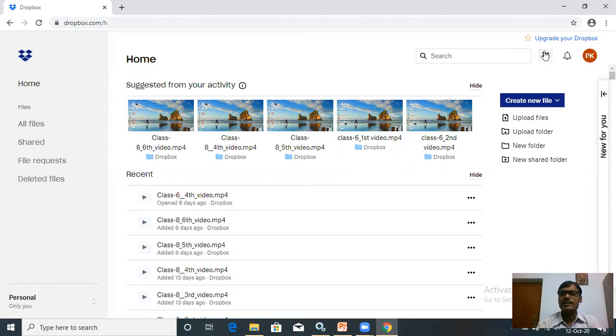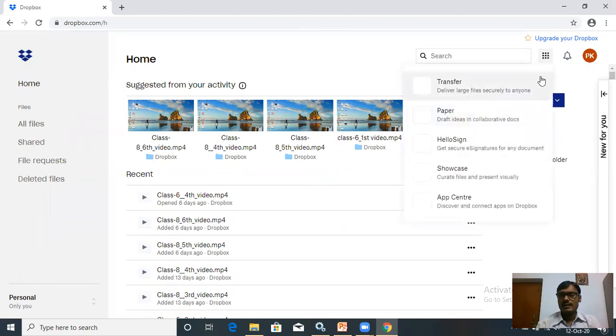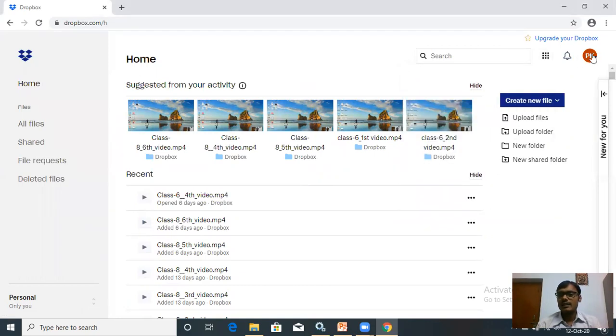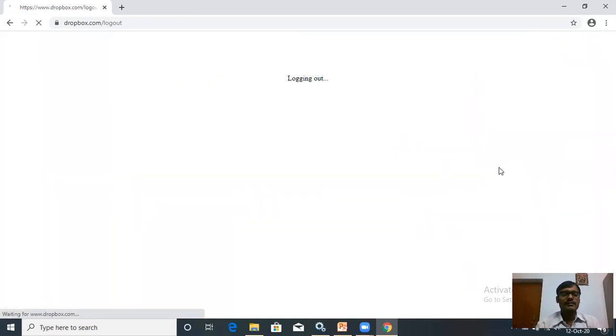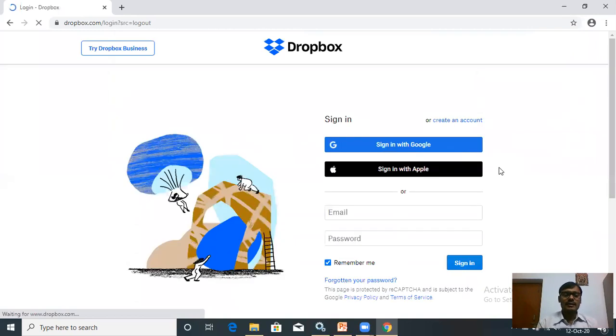After using it, you can see it has the same look as your Gmail account has. You can click on this icon and there are many different icons to log out. If you want to log out from your account, then you have to click on this icon. This is my account, that's why TK is written here. You have to click on this icon and you can see the sign out option. You have to sign out from your account. It is necessary. It is compulsory.